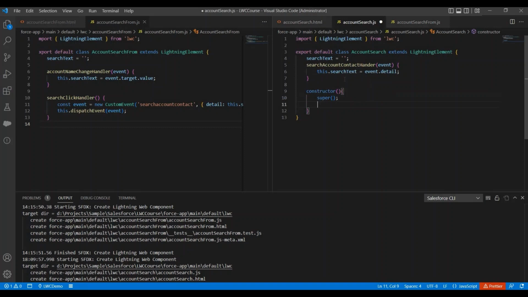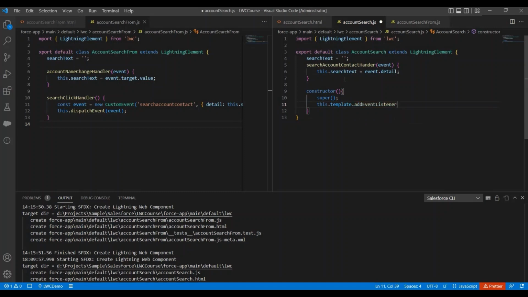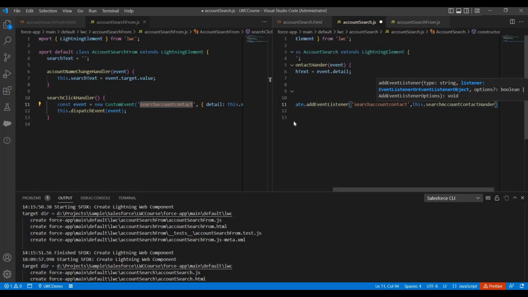And now here we can define our handler, and here we will use addEventListener, and the first parameter is our event name. In the programmatic approach we don't need to prepend on, so the event name will be the same, and second we need to provide the event handler method name. So let me pass that. Okay,